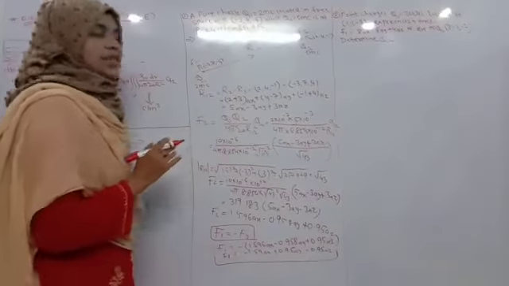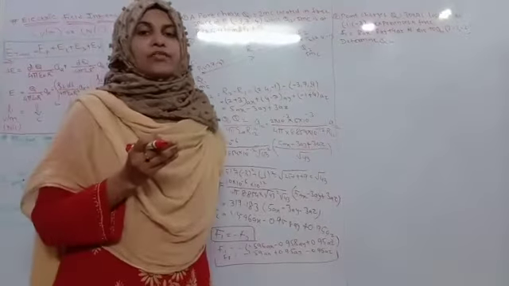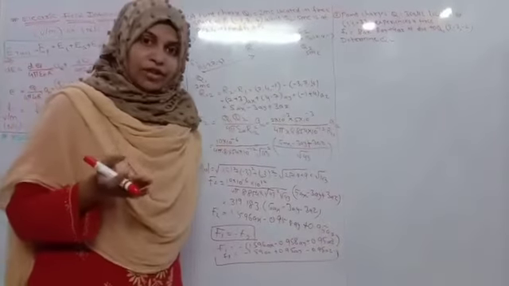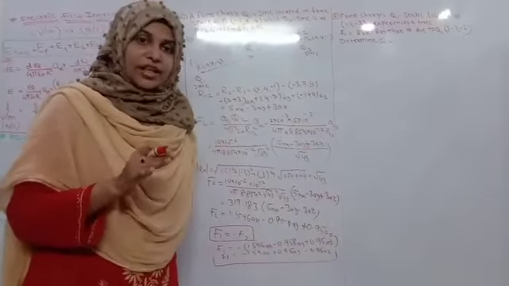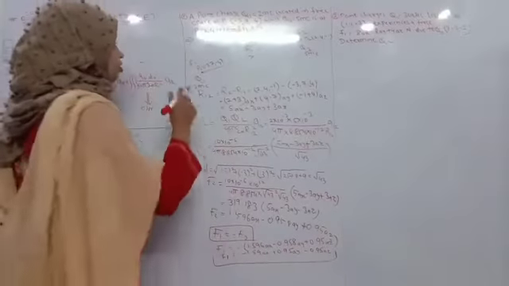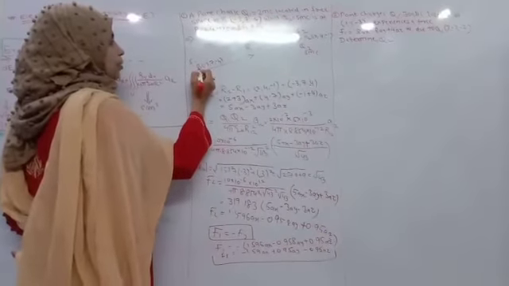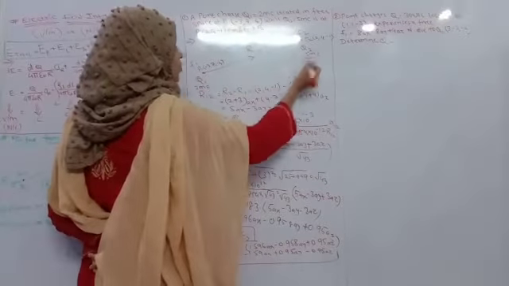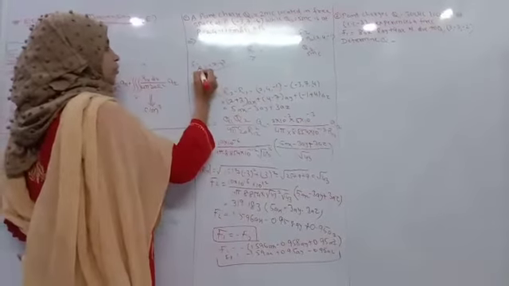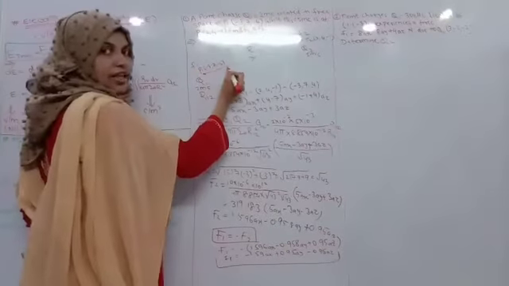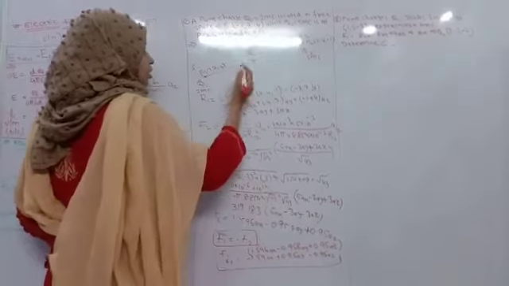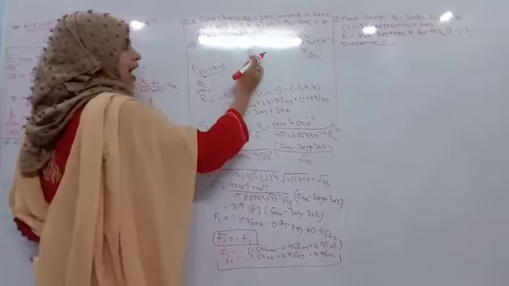Here many things are given, but F1 and F2 are not given. We need to calculate F1 and F2, but the points are given and the charges are given. So the point P1 is for Q1, which is 2 millicoulomb, whereas Q2 is 5 millicoulomb. At point P1 the coordinates are minus 3, 7 and minus 4, whereas point 2 is 2, 4 and minus 1. The resultant distance will be R12.